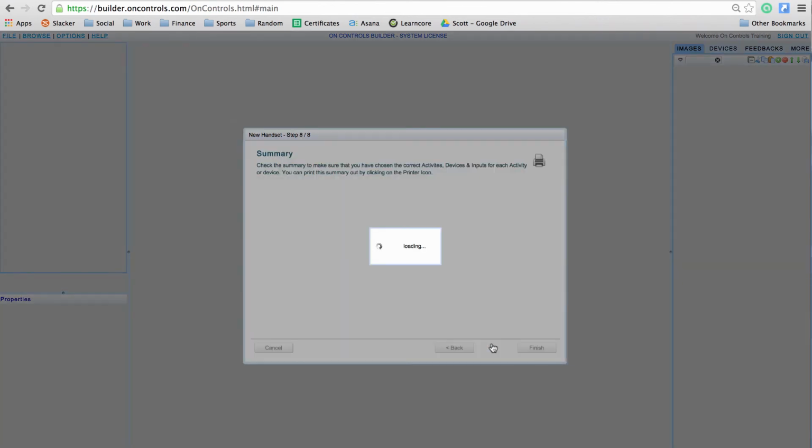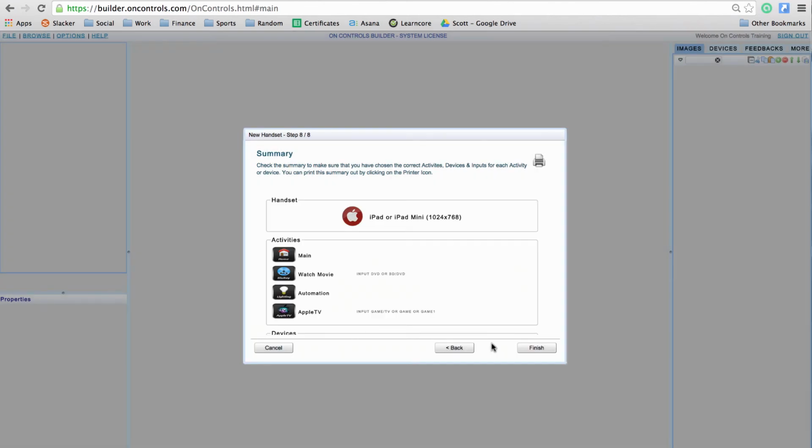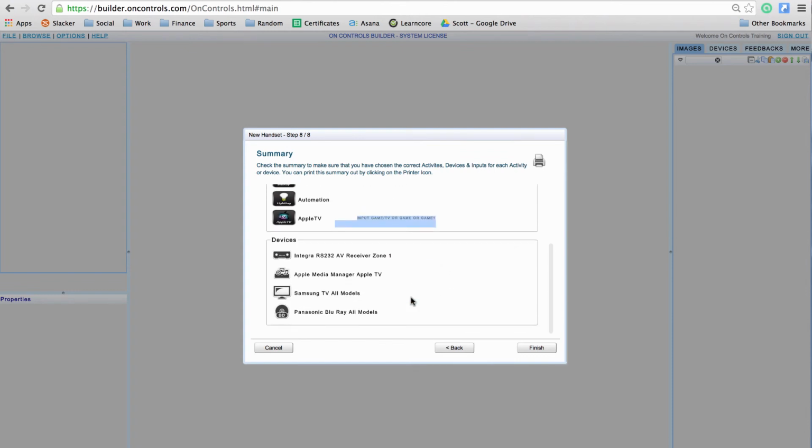Inside step 8, this is our summary. We can see everything that we have just created. We see the handset, we see the platform, we see our activities, we even see the inputs that we assigned. We see our control devices, and we also see at the top right corner an icon for print. You can print this off, show it to your client,